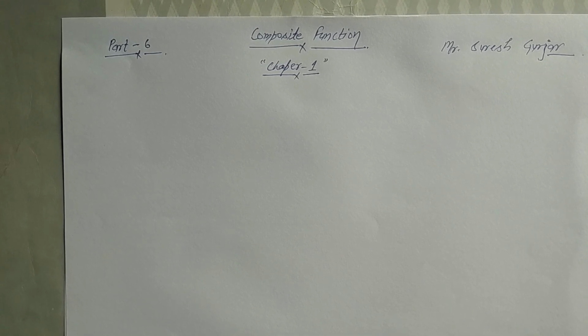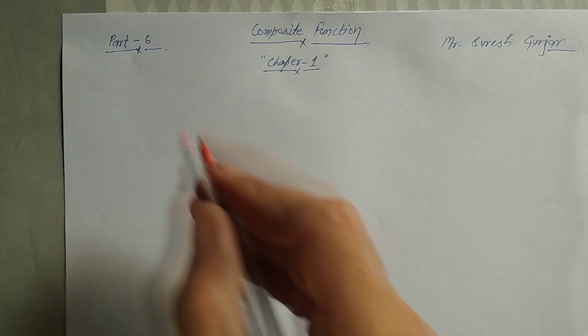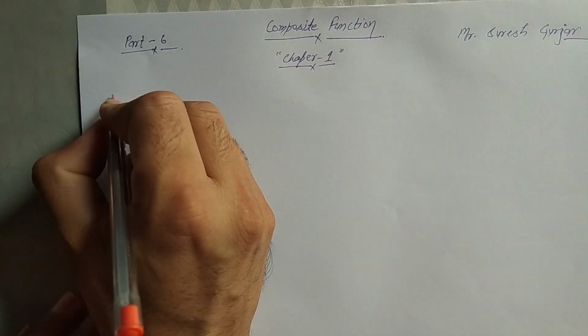Yesterday we read about the binary operation. It means the definition of binary operation, how it is denoted, and the types of binary operation. And today we will read about exercise 1.3. Let's start with question 3.